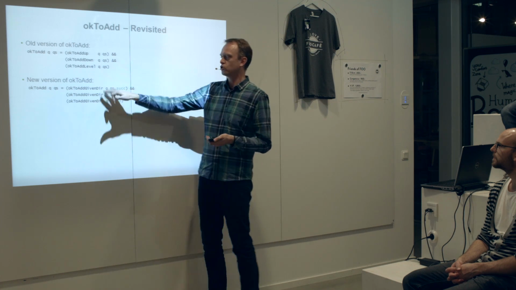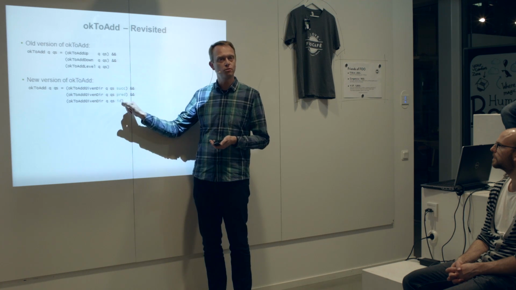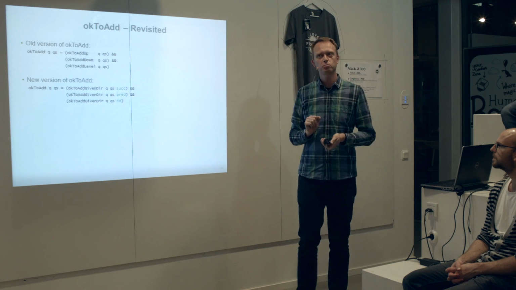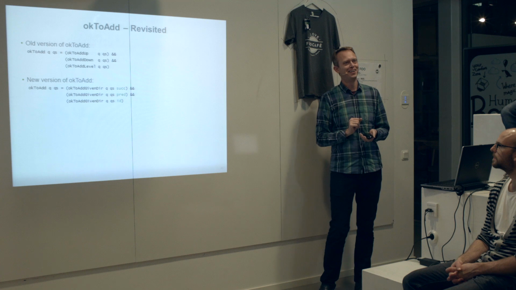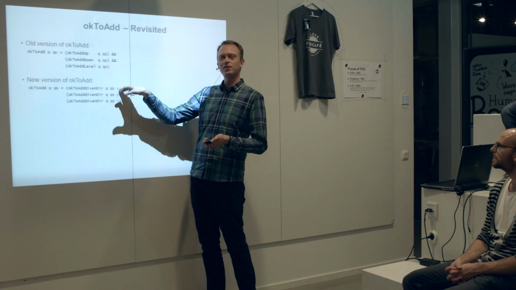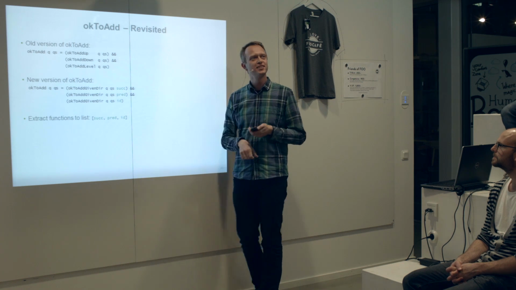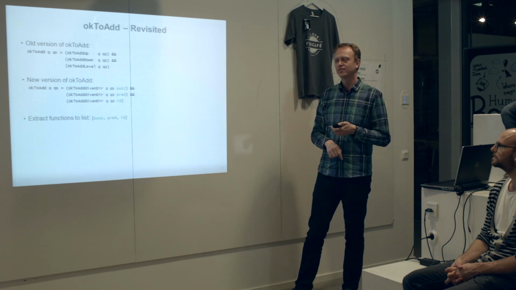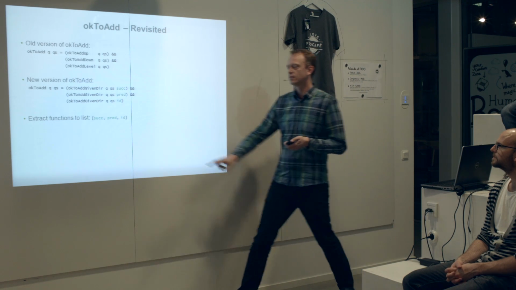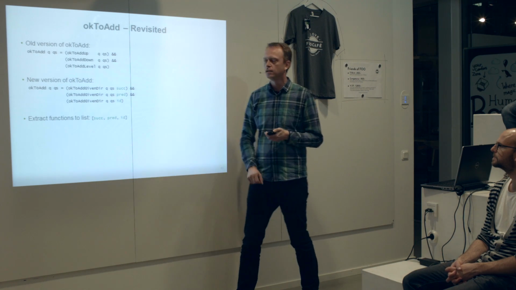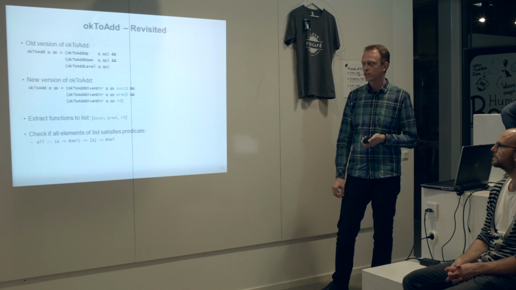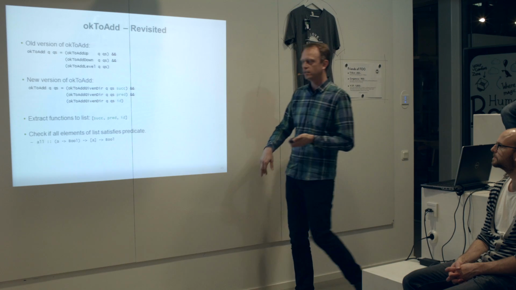So we apply this function to these 3 functions over here and just add them together. Can anyone guess what my next step will be here? We are applying this function to 3 different values. Why don't we just create this list? So extract those functions into a list: suc, pred, and identity. And then we can use this function, a predicate, function all, that takes a predicate, that